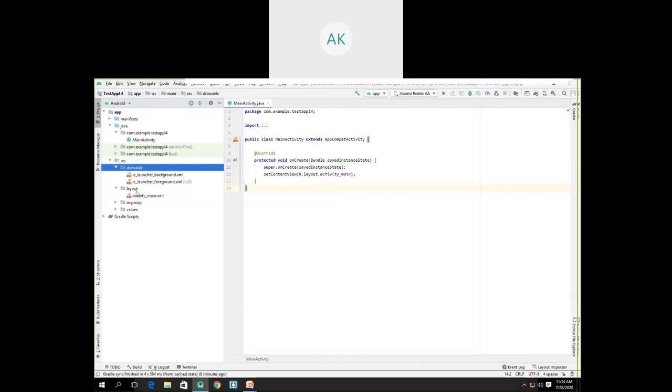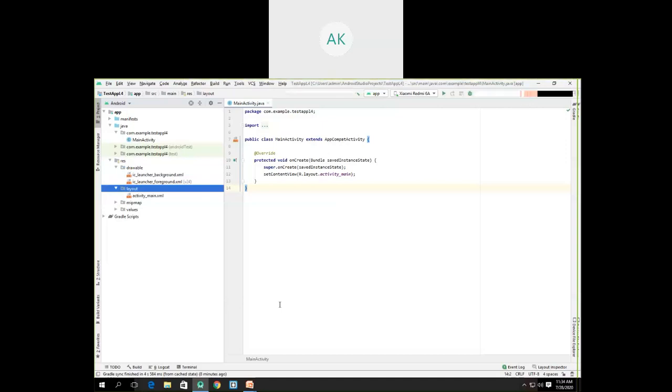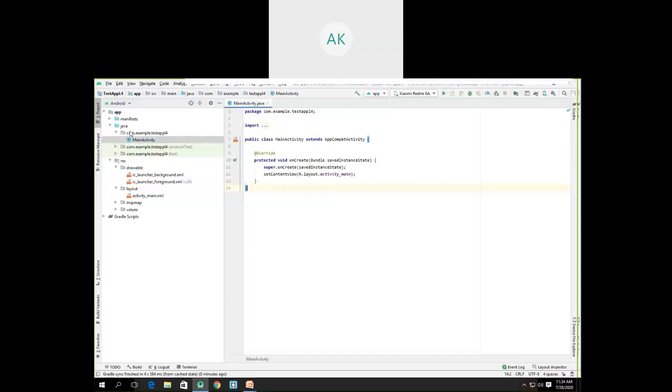Then layout. As we said, an activity is nothing but the user interface in an Android app. For an activity, the business logic we write inside the Java file. For example, MainActivity is the activity which will display one user interface. It has two perspectives.